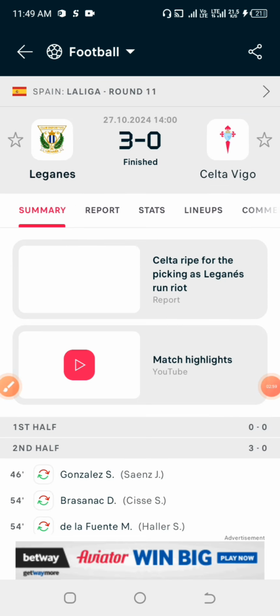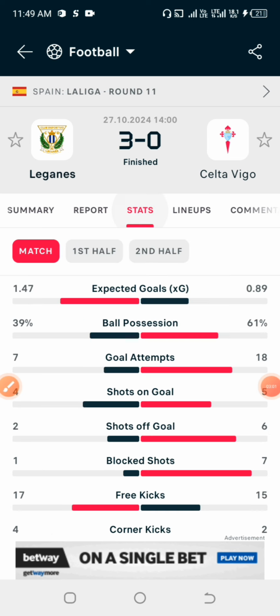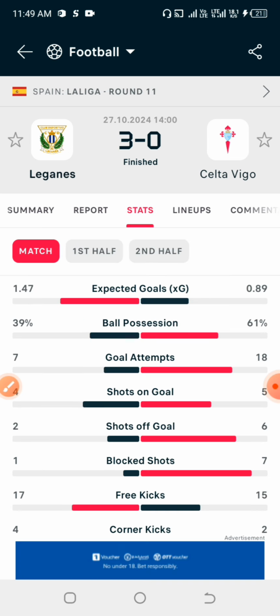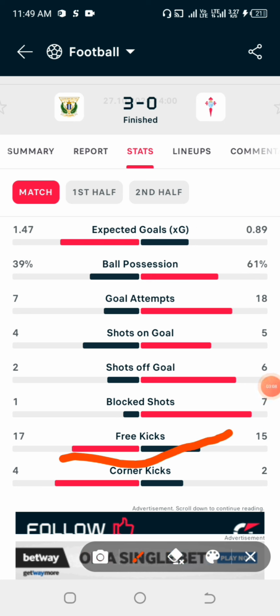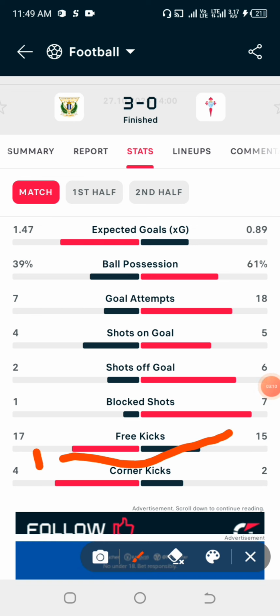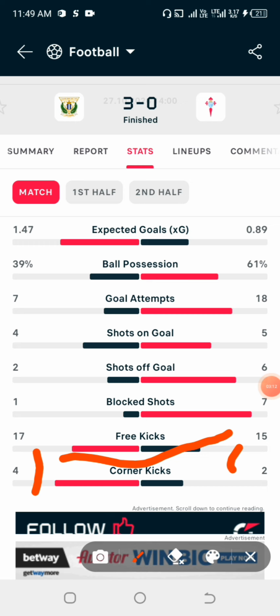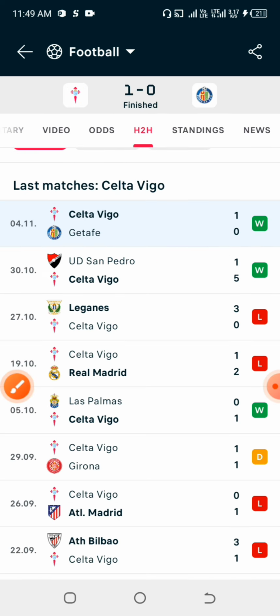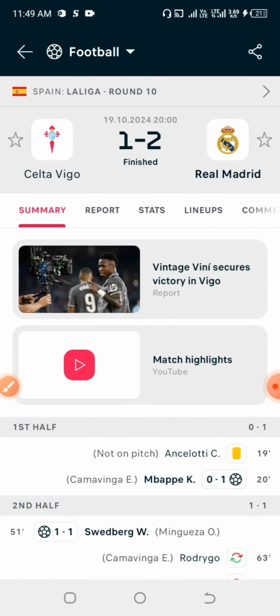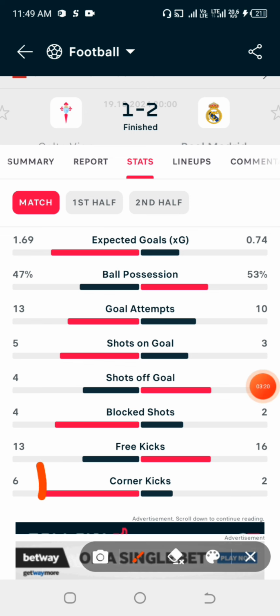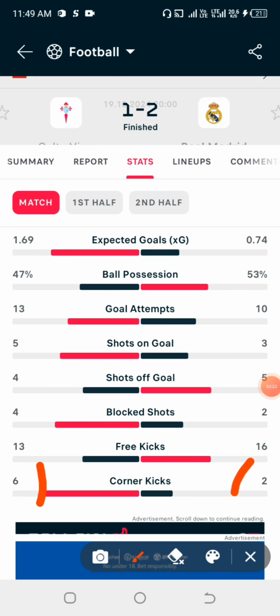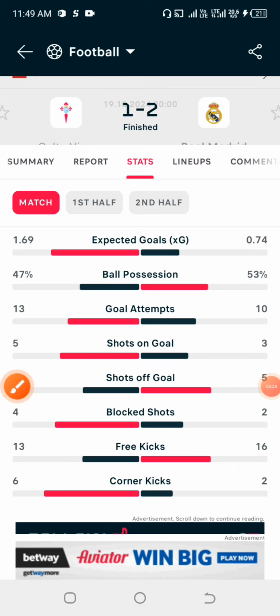We have to look at the last 2 games and check the total corners they had in each. If you look at it very well, you will see that in this particular game they only had 6 corners in total, 4 for the home team and 2 for the away team. And if you add it to the next game, where the home team had 6 and the away team had 2, adding 8 plus 6 makes it 14 for you.